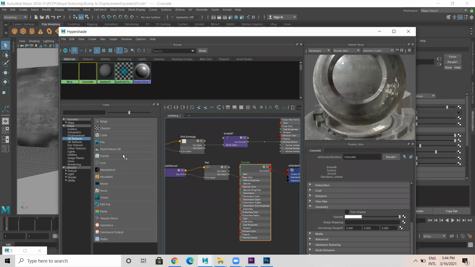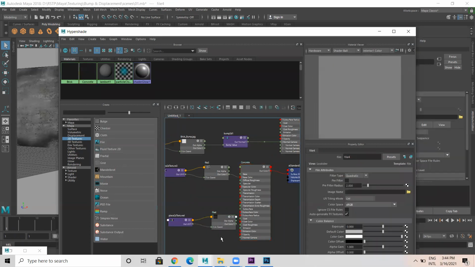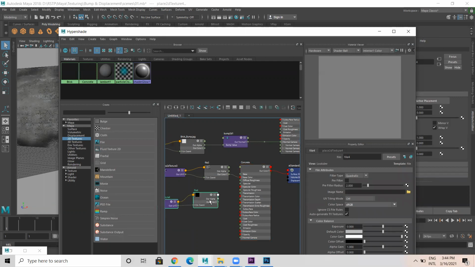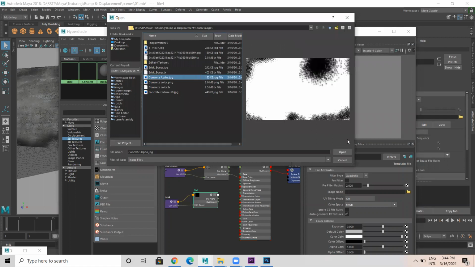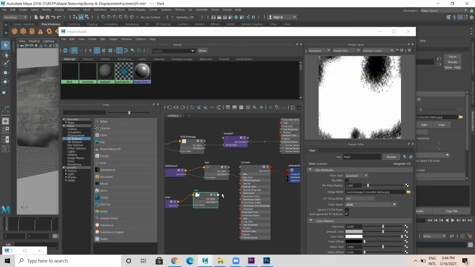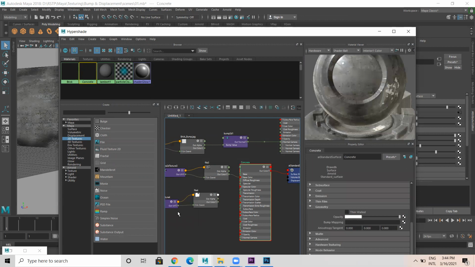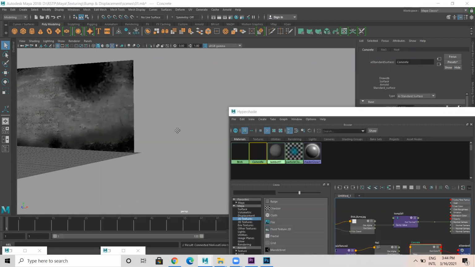Now we'll create one more file. I'll be taking one more file. This is alpha 1. So this one I'll use concrete alpha. Select the concrete, you have opacity. Drag and drop this to opacity. Now it will work. Yes, it is working.